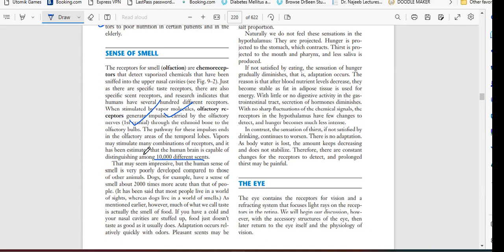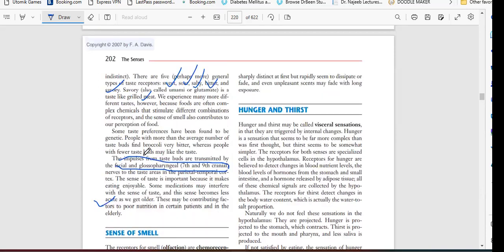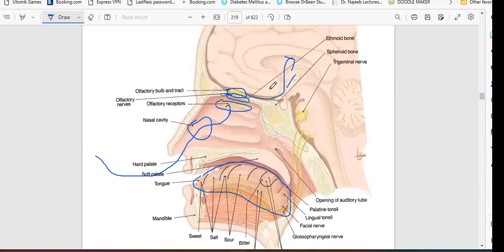But sometime what will happen, you have cold, you have any cough, so what will happen? So the nerves which are present here, the receptors which are present, are blocked. सो क्या हो जाते हैं? ये ब्लॉक हो जाते हैं। ब्लॉक होने की वजह से आपका जो स्मेल है, आपका जो एयर है, जो वेपर है, यहाँ तक नहीं पहुंच सकता। सो दैट रीजन, यू आर अनेबल टू स्मेल whatever food